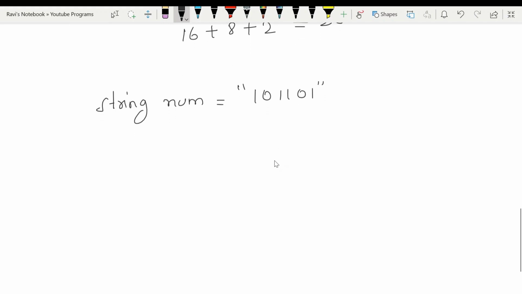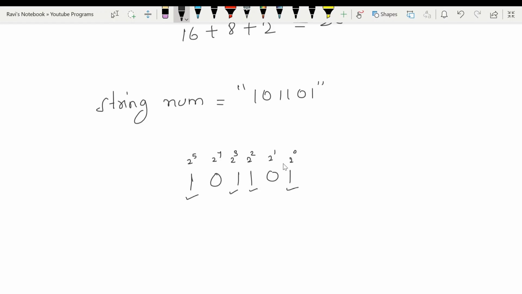So what were we doing? We were simply assigning the powers. Now let's assign the powers 0, 1. So it was 2 to the power 0, 2 to the power 1, 2 to the power 2, 2 to the power 3, 2 to the power 4 and 2 to the power 5. And what were we doing? We were simply adding those powers which have digit 1, like 2 to the power 5, then 2 to the power 3, 2, and 2 to the power 0. We can simply find these while traversing the string, like we can check if num of i is equal to 1.